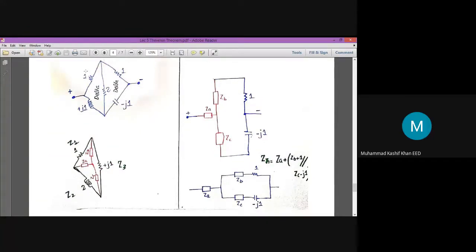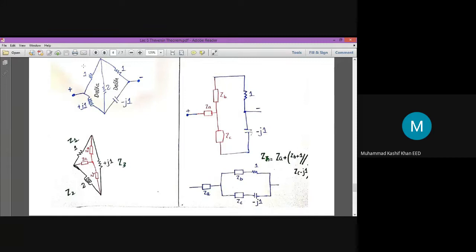Okay, sorry. This is 1 ohm resistor. This is 1 ohm resistor. This is 2 ohm resistor. I have misdrawn the inductor. This is not inductor. This is resistor, and this one is inductor.